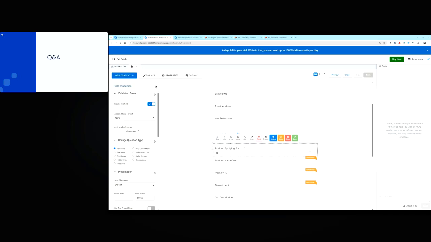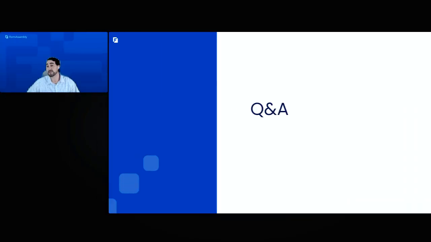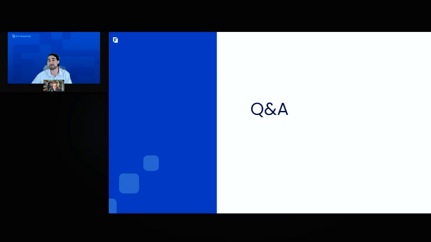We are FormAssembly customers. Is our interface going to be changing now that Atlas is out? So if you are a current customer and you've been using FormAssembly and you like how it is, then it is going to stay the same way. You are on what we call our classic infrastructure, so that's not going to be changed in any way. You're not going to be forced to use the new Atlas interface. If you want to change that, you could in the future. It's not available currently. So what you have now is what you'll have going forward for the foreseeable future until